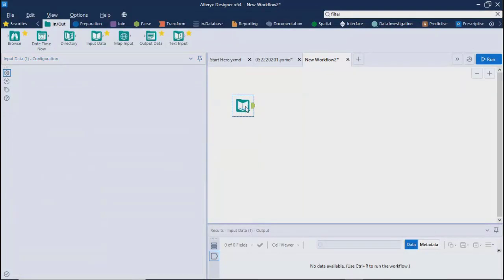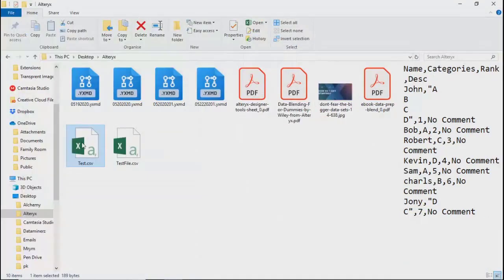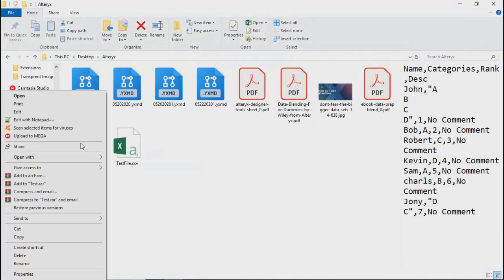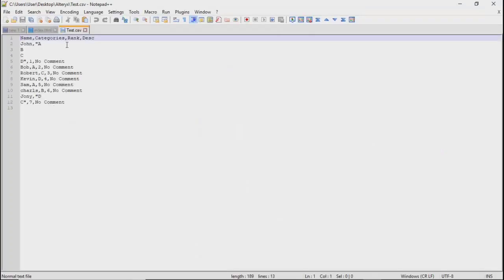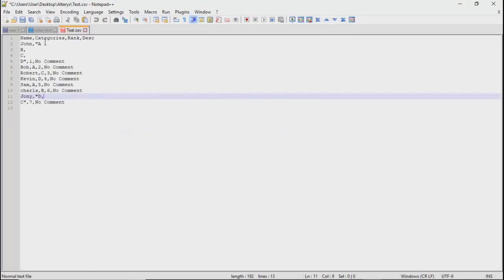I'll remove this and we'll go to our file once again. And what I'm going to do this time is, between the values, I have simply added commas.